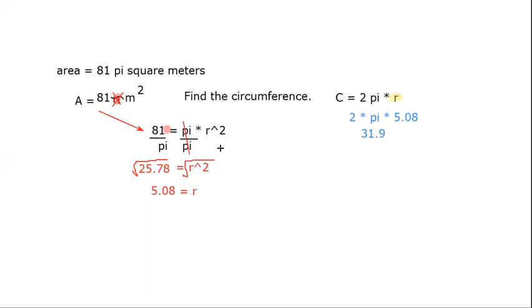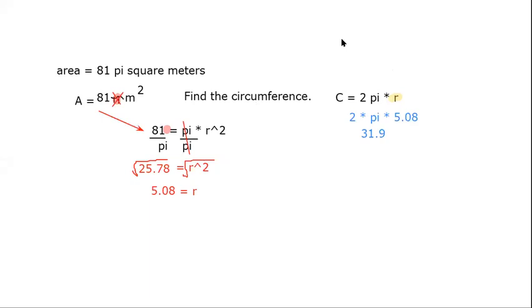Now, if I had had the 81 pi, both of the pi's would have canceled out. I left this pi out right here. I forgot to carry it down, so we're just starting with an area of 81. Hopefully you caught that when I started, and you can solve that one on your own. Okay, so for this one,